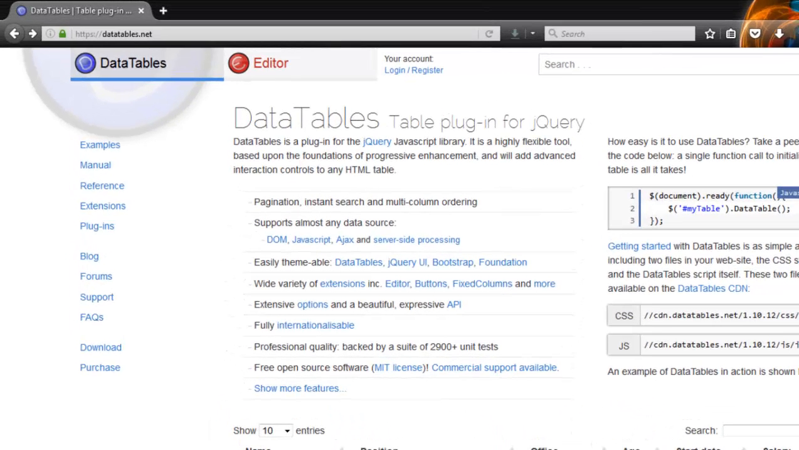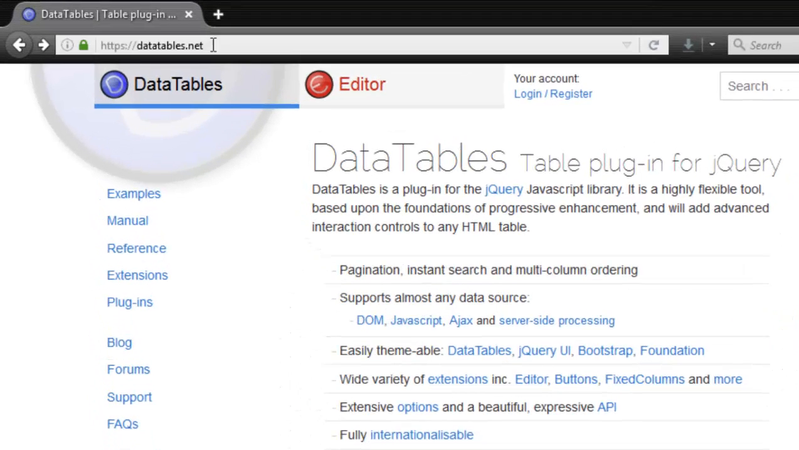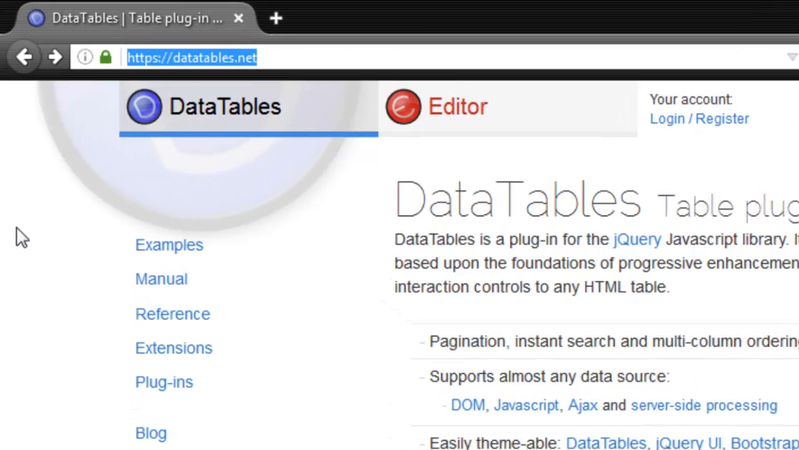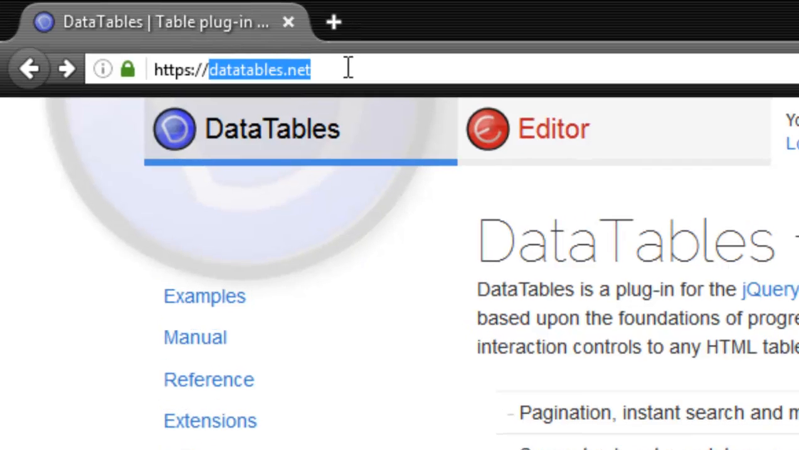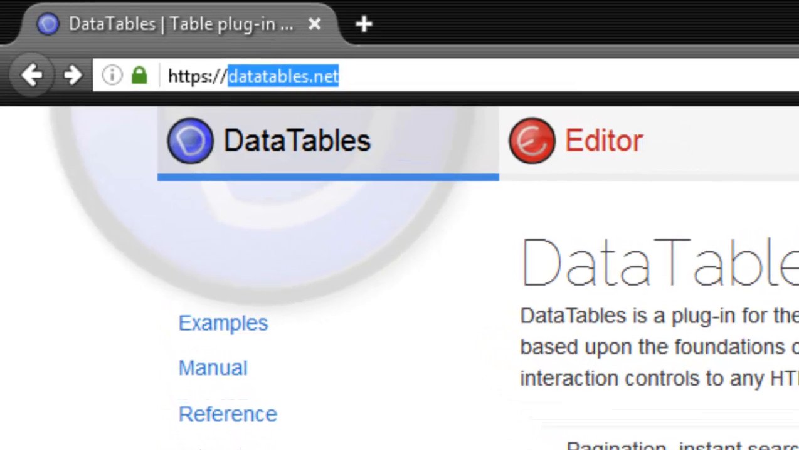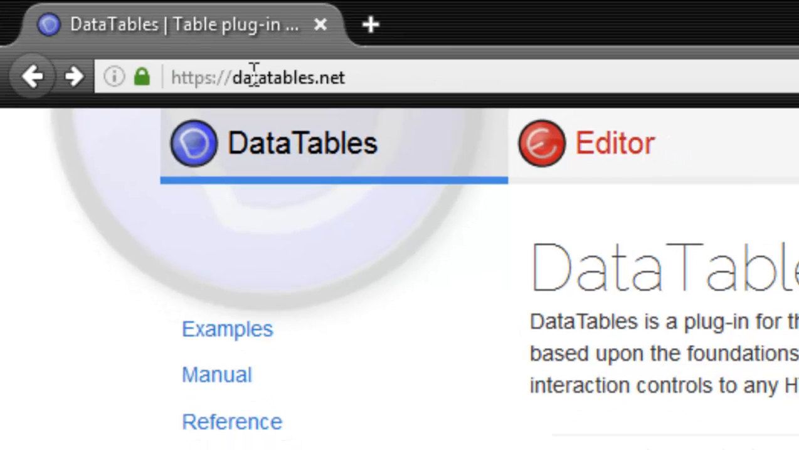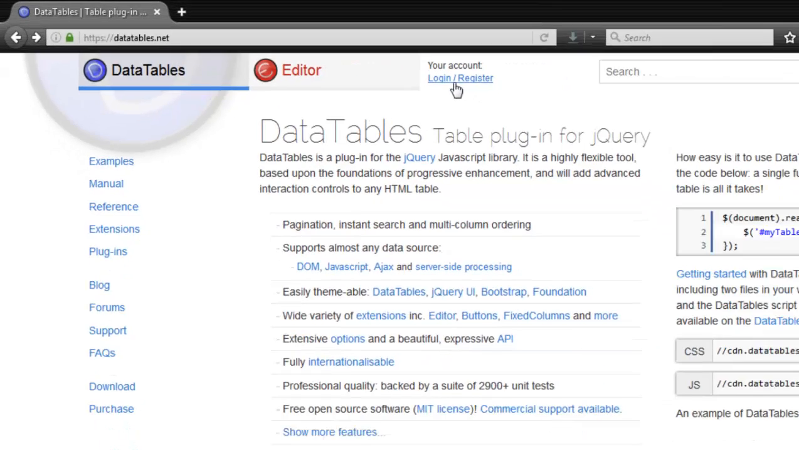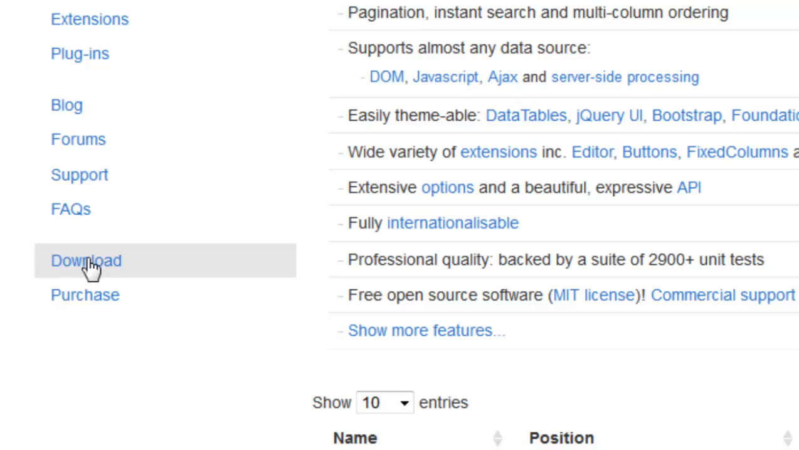Now, in order to get DataTables, you need to visit their website, which is at http://datatables.net, practically datatables.net. So that's the website you need to visit in order to get DataTables. If you visit datatables.net, you'll be able to see this web page that I'm seeing right here. And then there's the download link here at this side of the page. Now I'm gonna click on the download link,